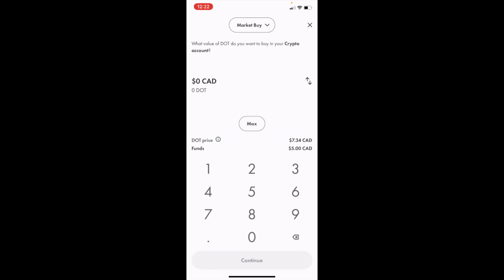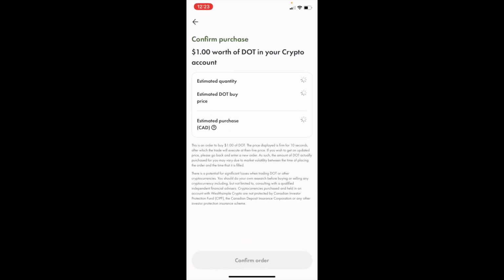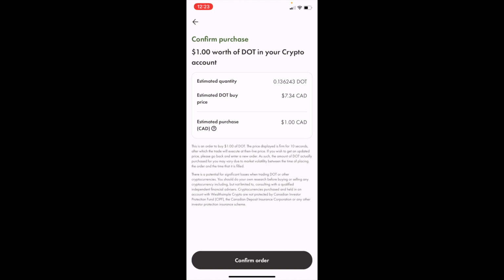Now, if you want to put in maybe $1, for example, or however much you want to put in, put in whatever amount you want, press on continue once that is done. Then once you're on this screen to confirm your purchase, simply press confirm order,